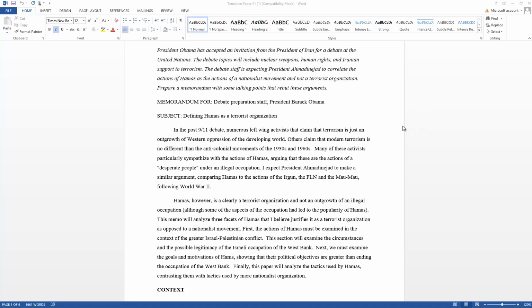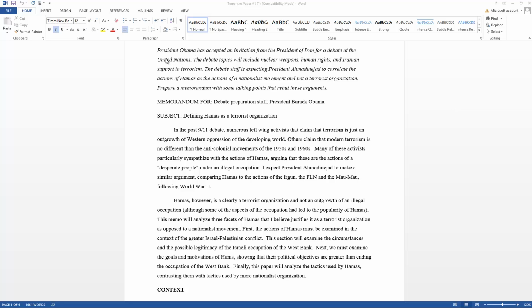Good evening and welcome to this paper topic number 1 example. What I want to use this for is to show you a good example for paper 1, how it's organized, how to explain your argument. For this person, they did a pretty good job.